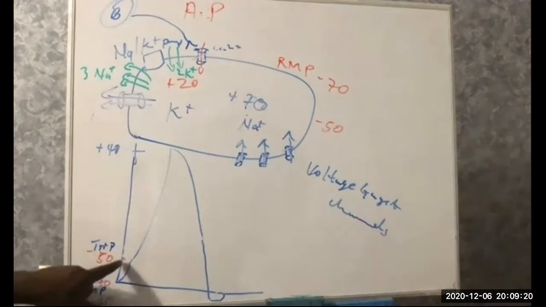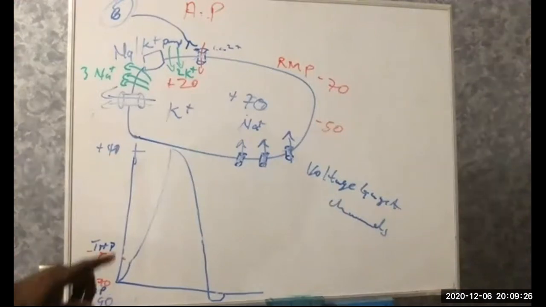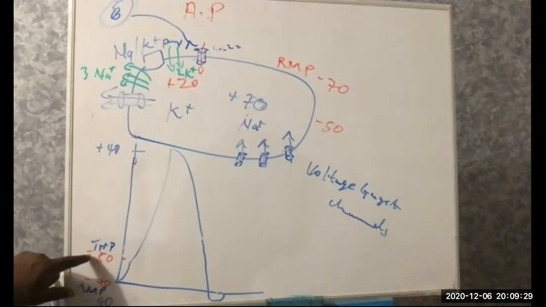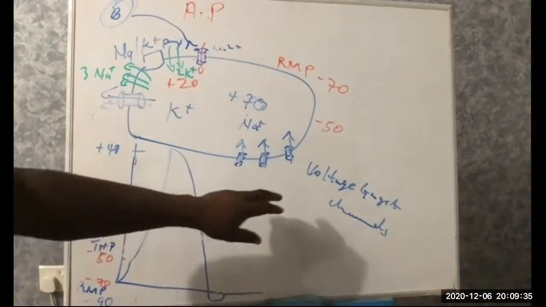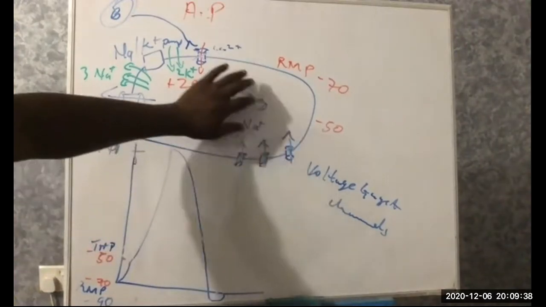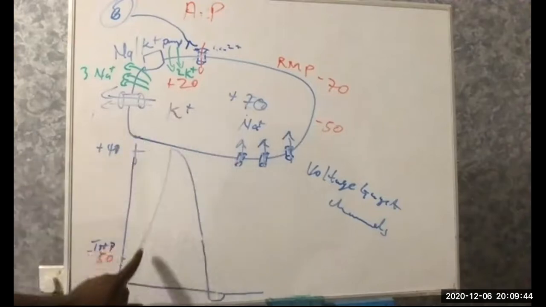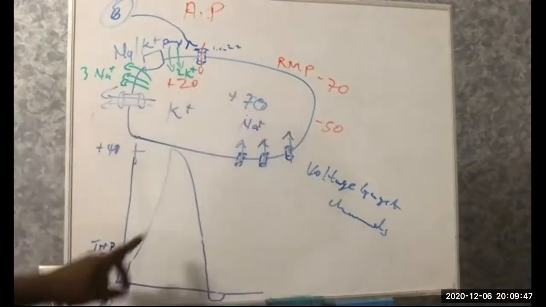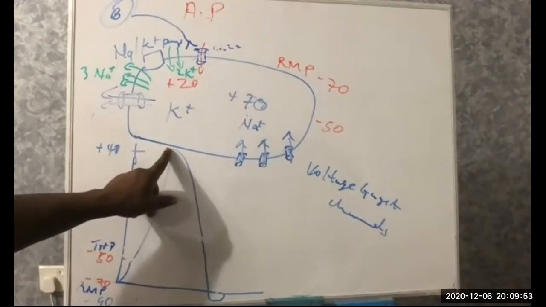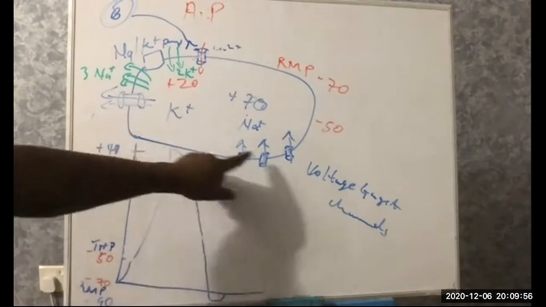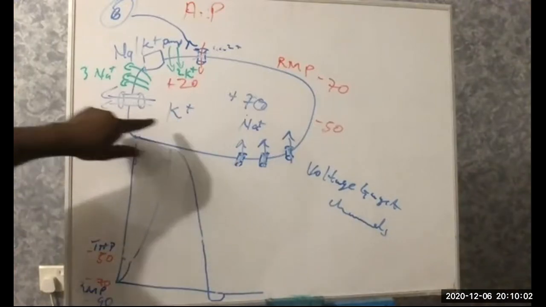Now, first, the cell was at minus 70. And once you reach minus 50, there will be opening of voltage-gated channels. Then voltage-gated channels will allow more sodium to come in. Then once the sodium comes in, there will be a spike on the graph because there is more positivity. So it will move to the positive side. But once it gets to, let's say, plus 40, it will start declining because by then these voltage-gated channels will be closed,